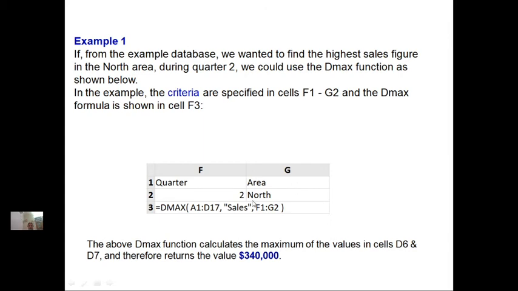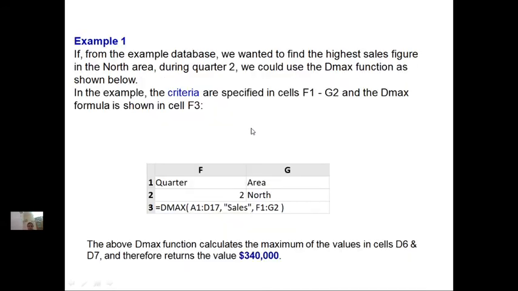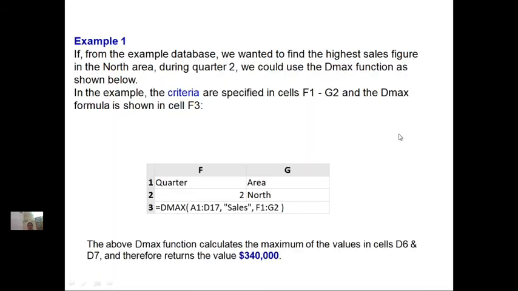The above DMAX function calculates the maximum of the values in cells D6 and D7 and therefore returns the value. So let us see here, D6 and D7. During quarter 2 in the north area we have two people, Jeff and Chris, with 3,22,000 and 3,40,000.